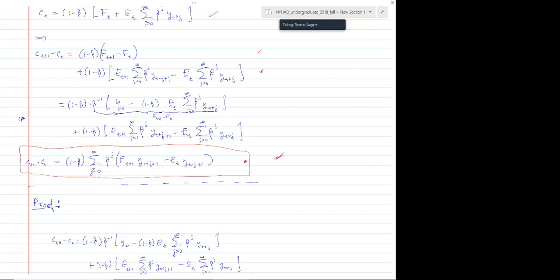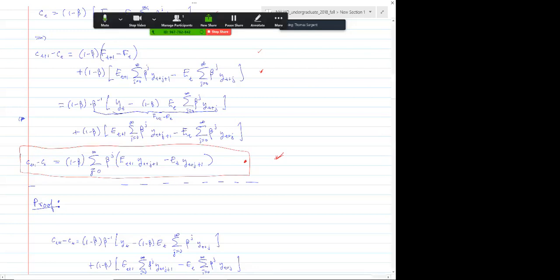What this formula says is only when the expected discounted value of your income from time t plus 1 on is higher or lower than you thought it was going to be in the previous period. So what you want to look at here is that's an expectation at time t plus 1. That's an expectation at time t. And what this thing is, this is the news about your permanent income,